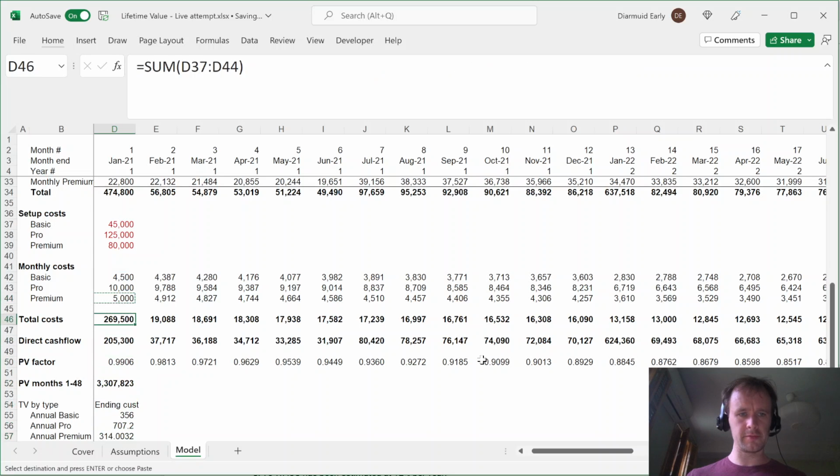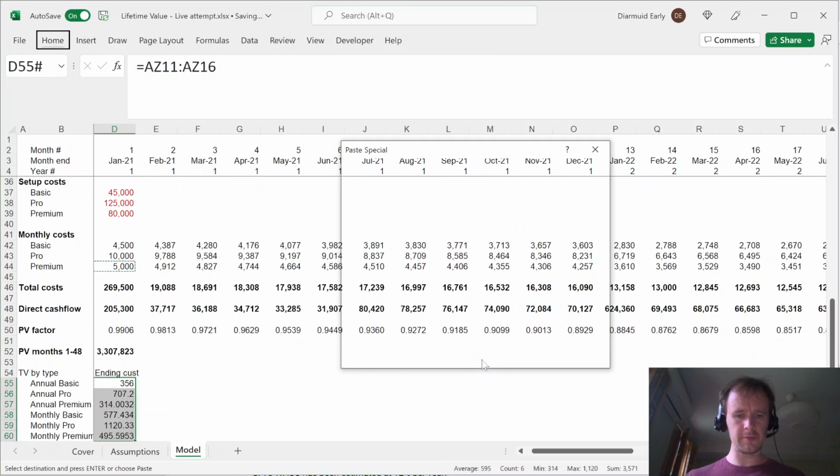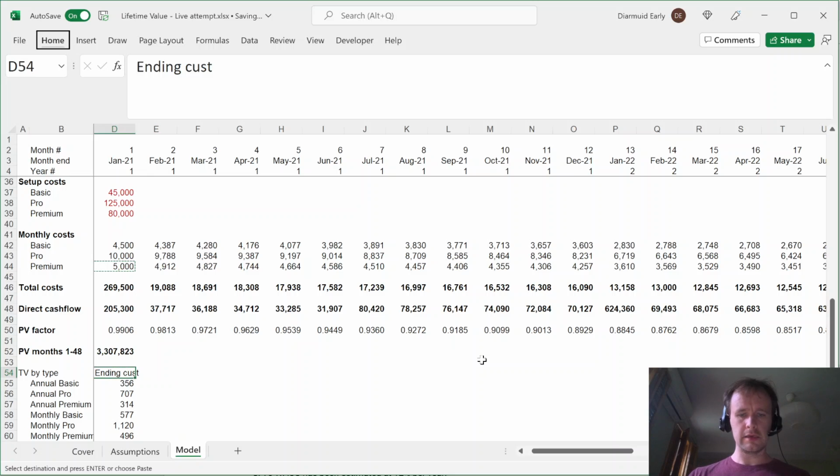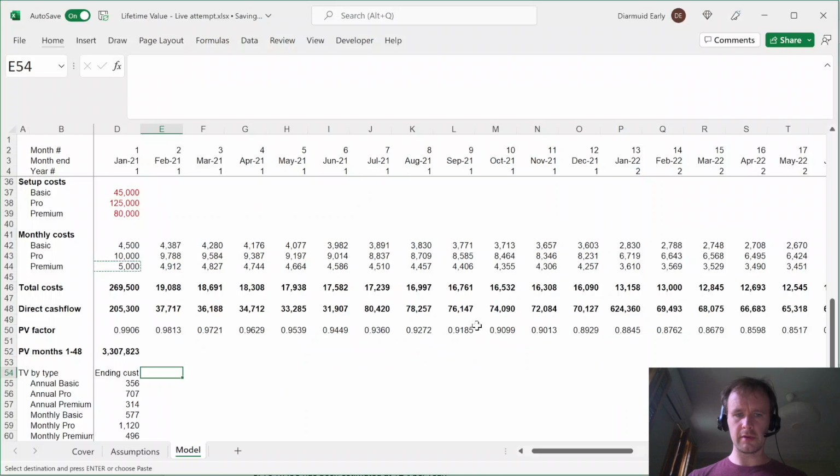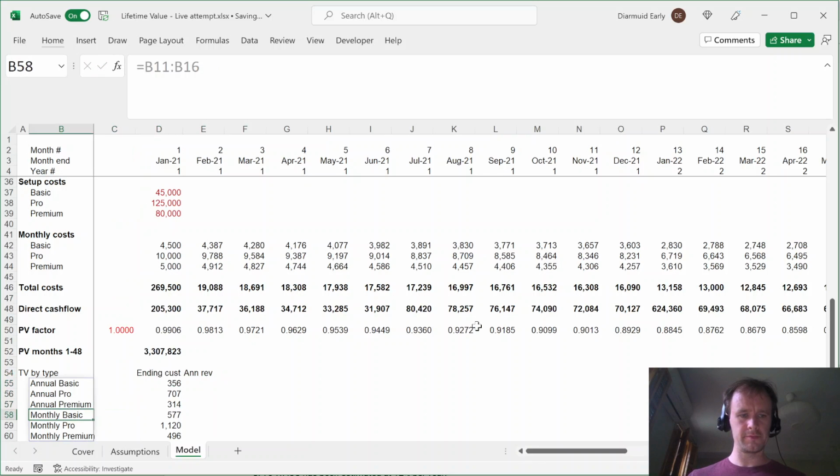Sorry, I need to get my nice number formats down here. That's one thing. Then annual revenues. Sorry, I guess I should say revenue, because it'll be annual for the annual and it'll be monthly for the monthly, and then